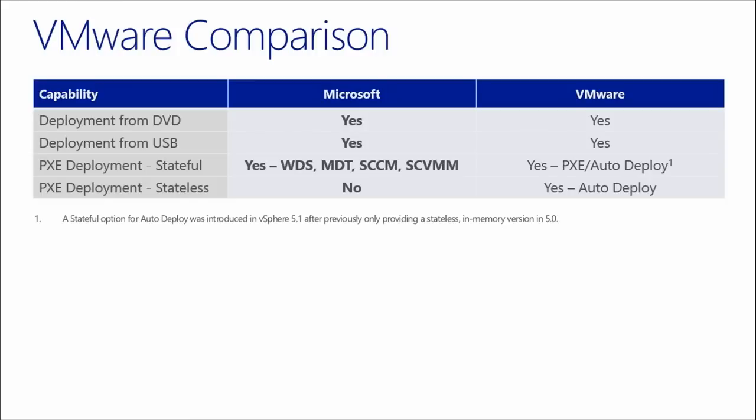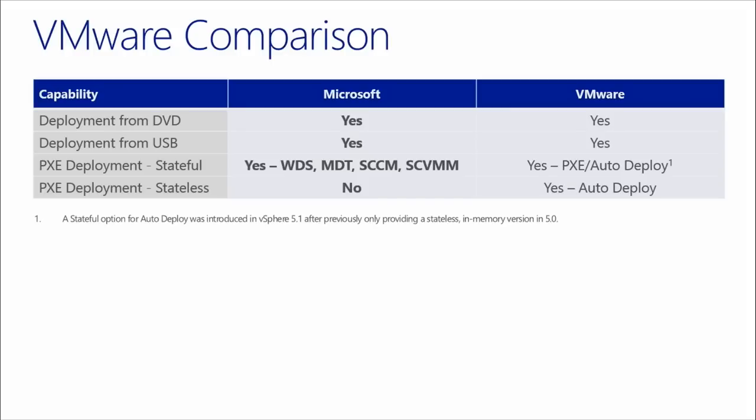When we think about how we compare with VMware on this deployment front, we both deploy from DVD or ISO files, USB. Obviously, VMware has a slight advantage in certain circumstances where you can actually deploy to a USB stick or even an SD card within a physical chassis, which is great for some people, not great for others. If there's only one USB stick in a chassis, perhaps it's a single point of